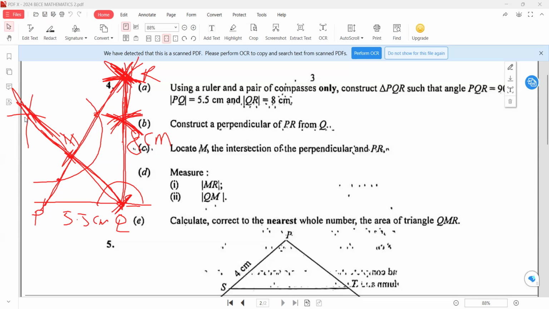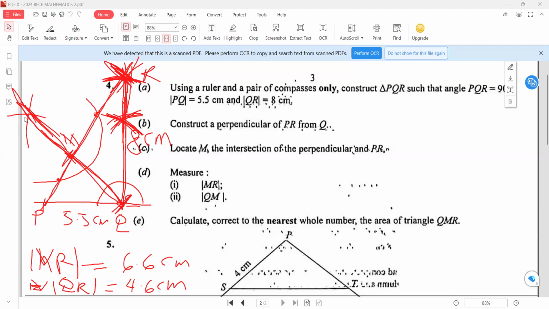Okay, so for that too, if I get the actual measurement for MR, the mark scheme says MR is 6.6, with a margin of error of plus 0.1 or minus 0.1. So it means 6.6 is right, 6.5 is right, 6.7 is right. Then QM is also 4.6 per the mark scheme with a margin of error of 0.1, which means 4.5 is right,